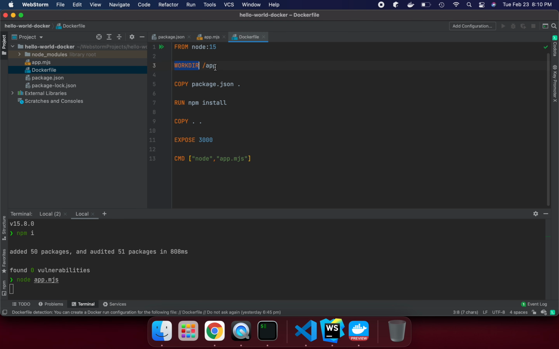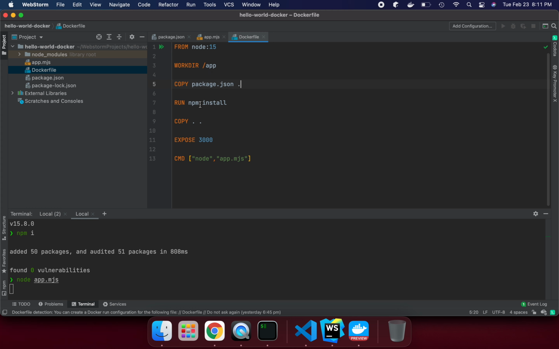So here I'm saying the node version I'm going to use. Now I'm saying the working directory inside the container is my app folder. Create this, use this app folder, and then I'm saying copy this local package.json to dot, which means our working directory is pointing to /app. So now we are going inside the Docker container to create the image inside. Use this working directory app, copy package.json dot, so it's going to copy inside app.